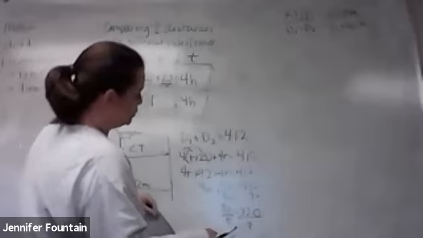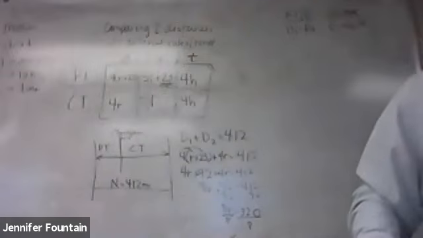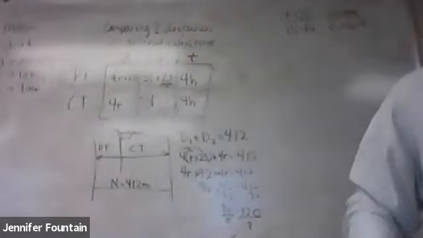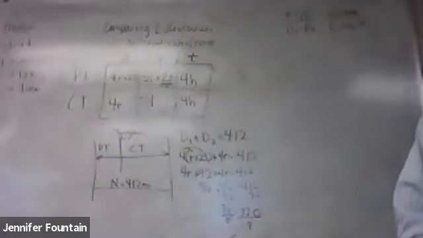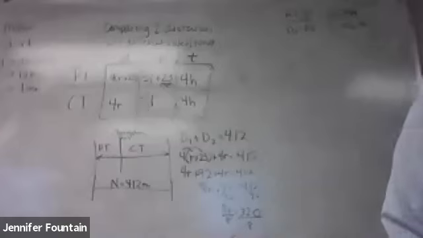Did I subtract wrong? 412 minus 92 is 320. Come on, open calculator on phone. 412 minus 92 is 320, divided by 8 is